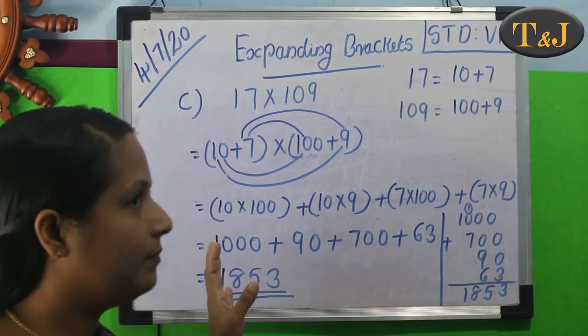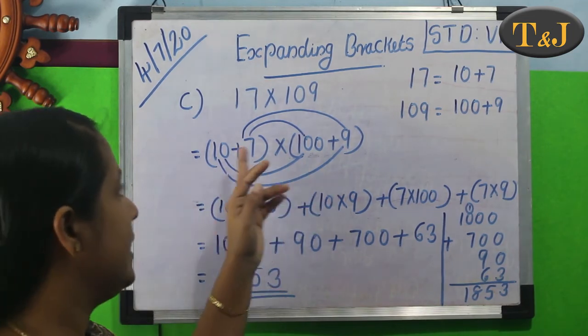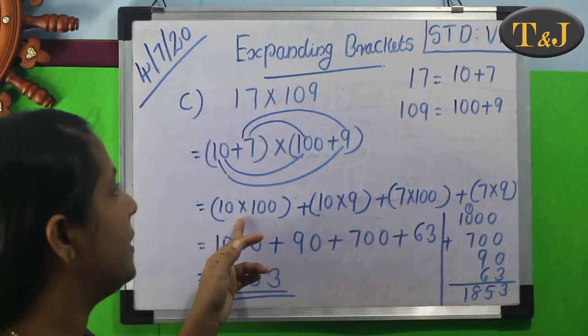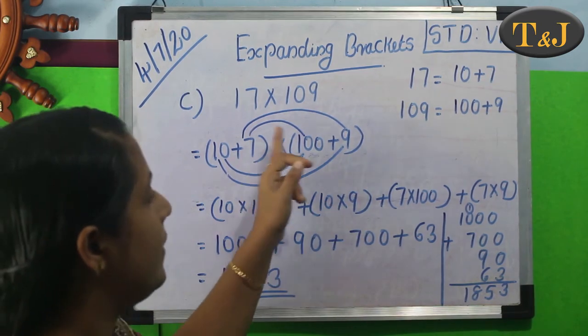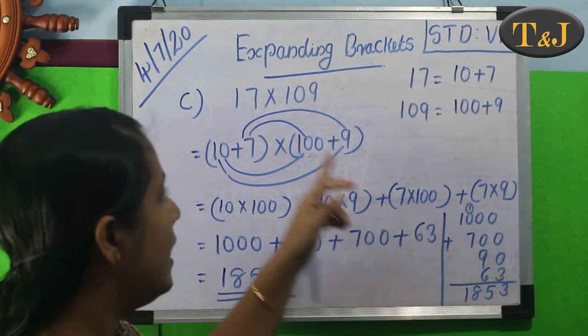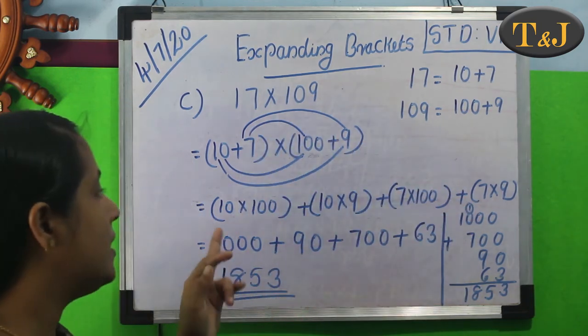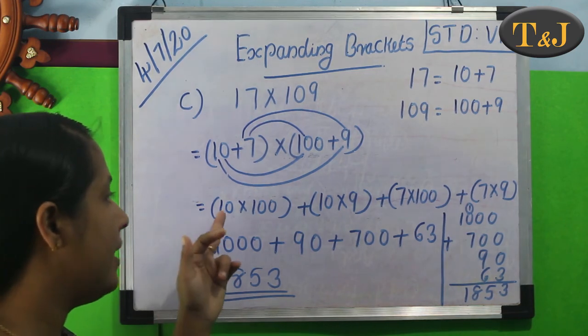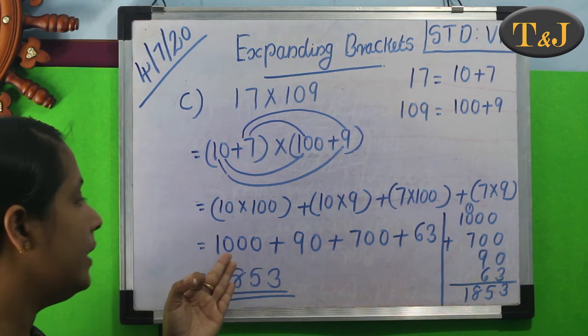That's only we needed. So first we multiply 10 and 100. That is 10 multiplied by 100. Next multiply 10 and 9. Then write 10 and 9. Third we multiply 7 and 100. Then write 7 and 100. And last multiply 7 and 9. Okay. Then 10 into 100. First we write the number 1 and how many zeros here? There are 3 zeros. So our answer also included 3 0.